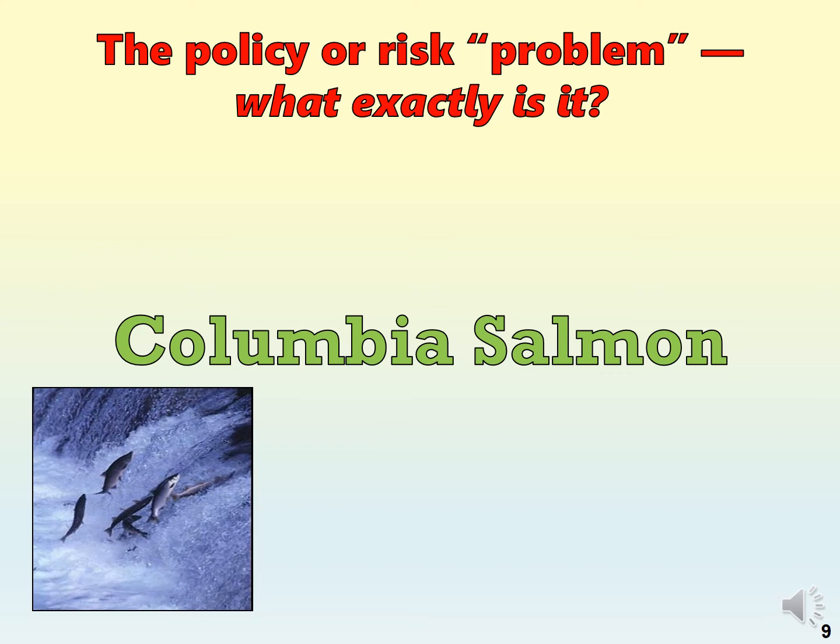And so the Columbia situation is a good example of how you define the risk problem, exactly what it is. Society might say, well, it's declining salmon, but there are literally dozens of possible causes. So to come up with a relatively simple description using the risk paradigm is extremely difficult. And you might simplify the problem down to a very narrow thing, say an irrigated watershed in this particular location, but that's not very realistic, because that's a very, very small part of the overall issue. So risk assessment for these complicated problems has proved not to be very useful.